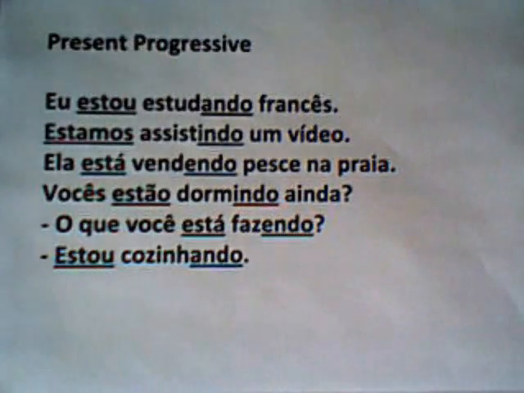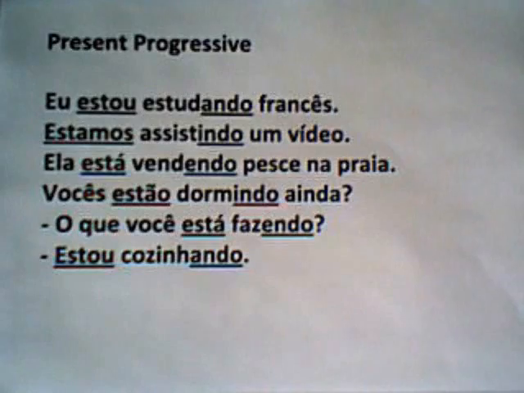The last of the 5 very common verb tenses that I want to talk about today is called the present progressive. Now this construction uses the verb estar conjugated in the present tense plus the present participle form, like the ing form in English, to say what someone is doing right now. So it indicates an action that is in progress in the present. Its usage is the same as the corresponding tense in English, as you can see from the examples.